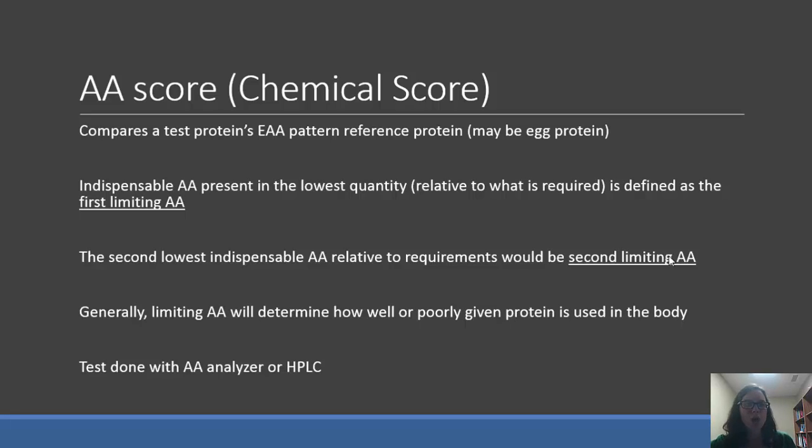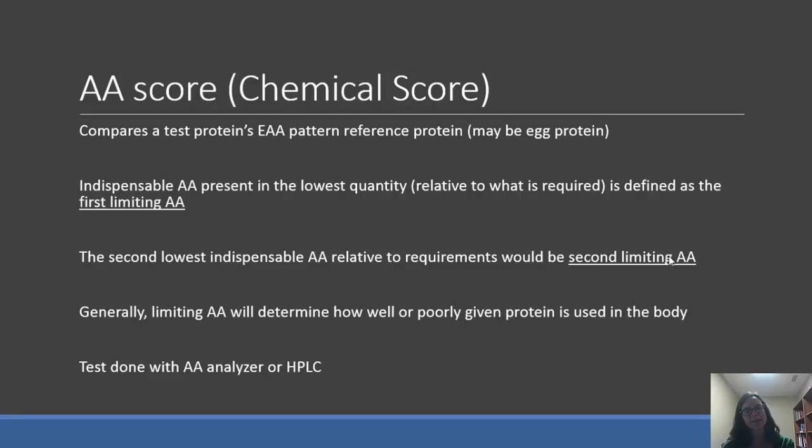Okay. So for the amino acid score, also called the chemical score, this test compares the test protein's essential amino acid pattern to a reference protein. This is often an egg protein, which contains all of our essential amino acids. So the essential amino acid that's present in the lowest quantity is defined as the first limiting amino acid, and